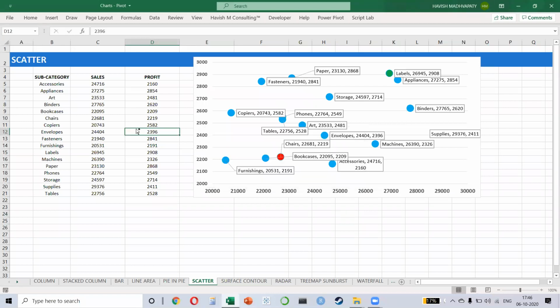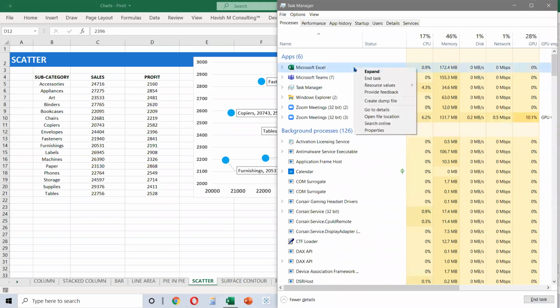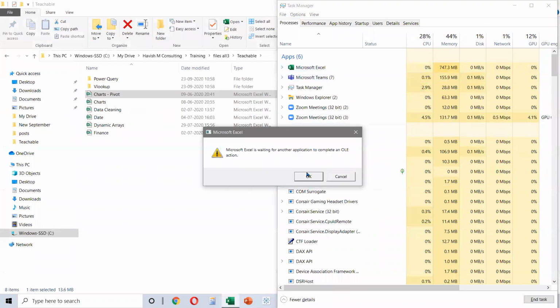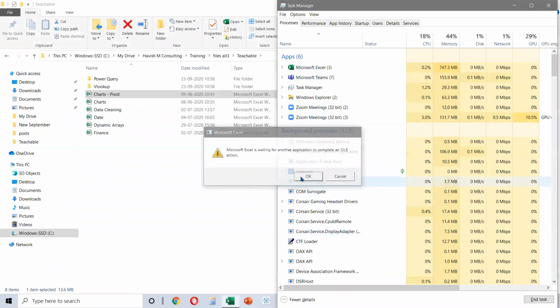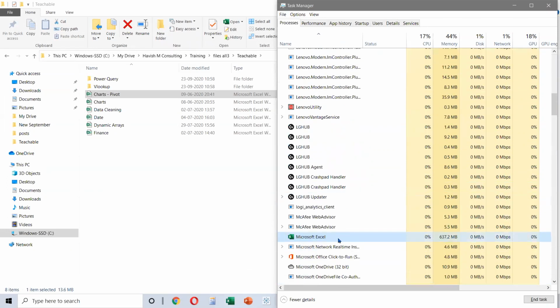Let me see how I can remove the error. Just give me a moment. So if we end Excel, what? Yeah, something is running here. Just a moment. This one.